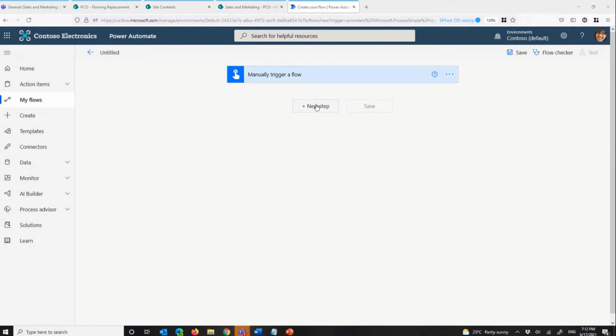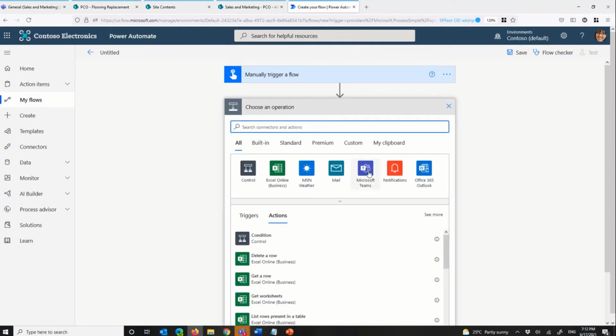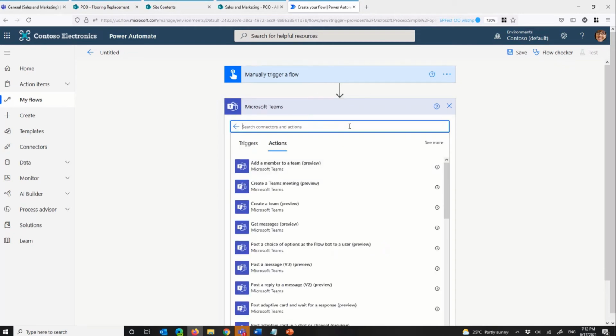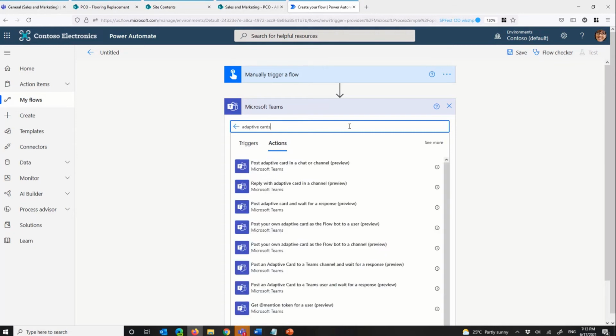Because I'm going to manually trigger it, I'm just going to take that information and post it into Teams. So I'm going to click on that new operation, and the connector is Teams. And again, I'm going to be looking for adaptive cards. And this time, because it's interaction, because I am posting something into Teams and I'm waiting for a user to respond to it,